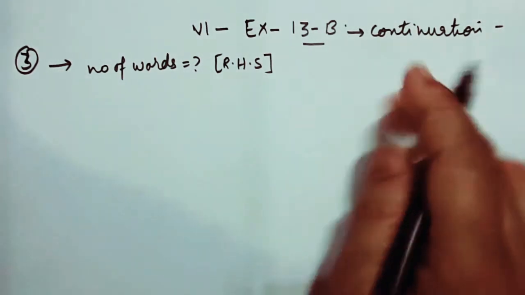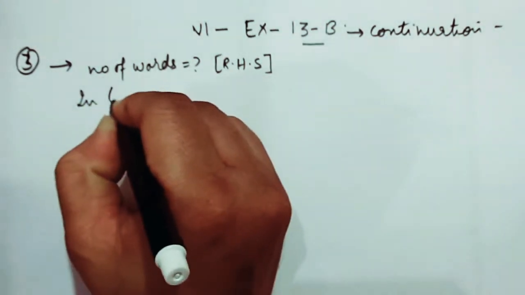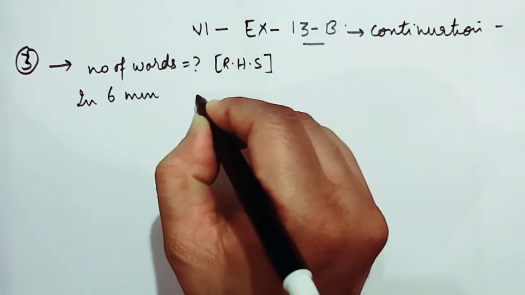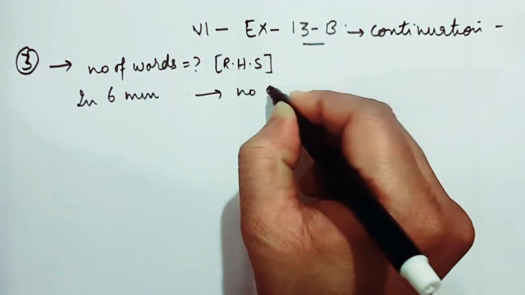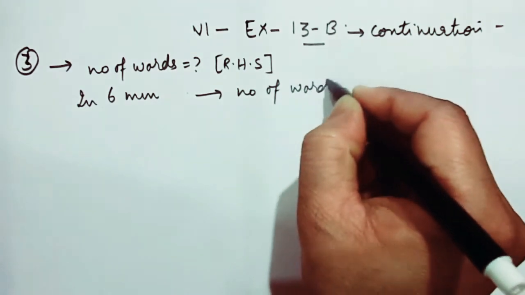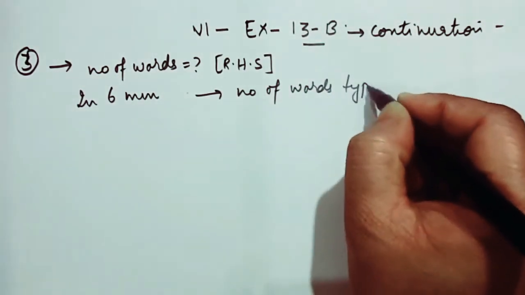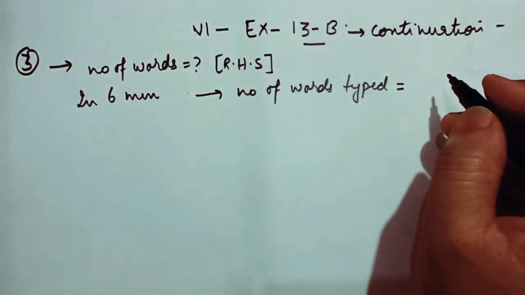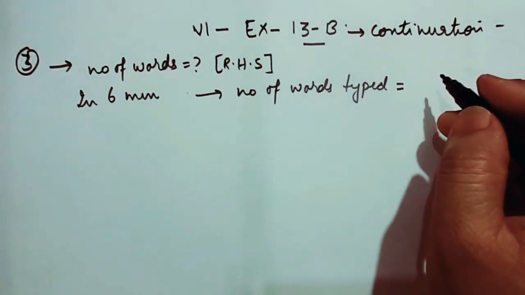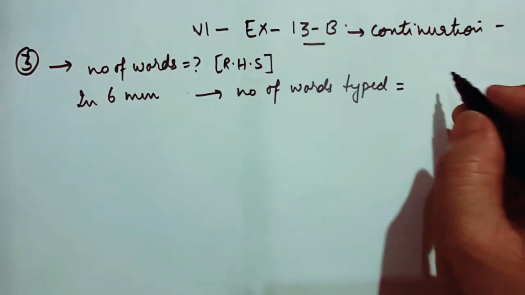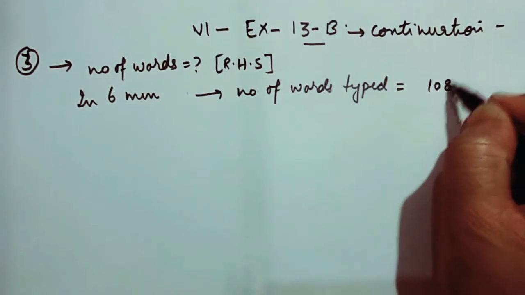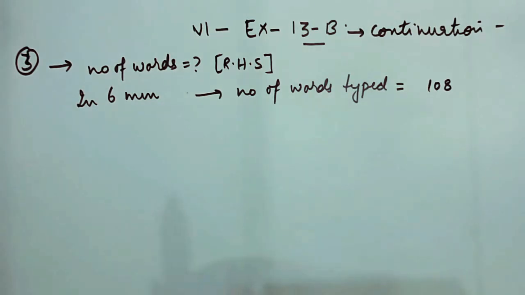Number 3, Geeta. So the number of words should be on my right hand side. So I'll start in this way. In 6 minutes, the number of words typed will be equal to 108. Therefore in 1 minute,